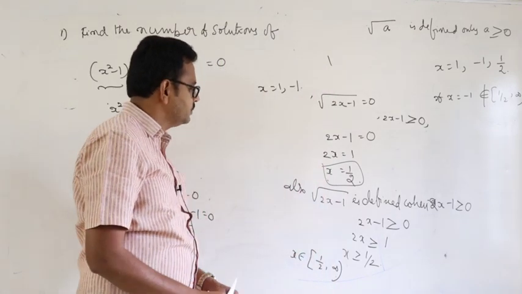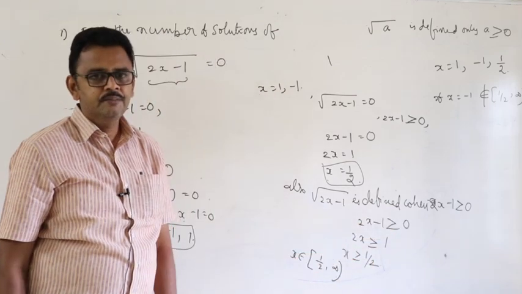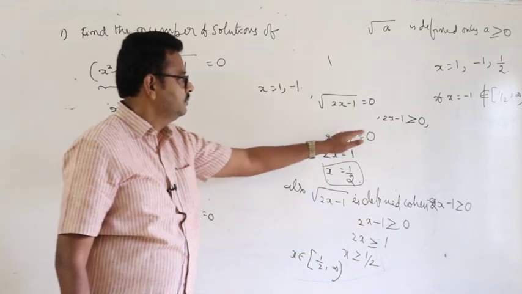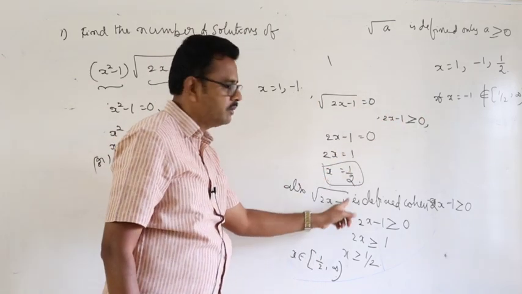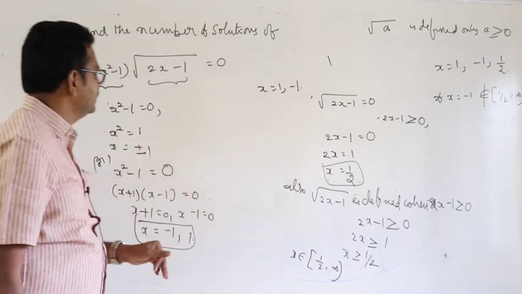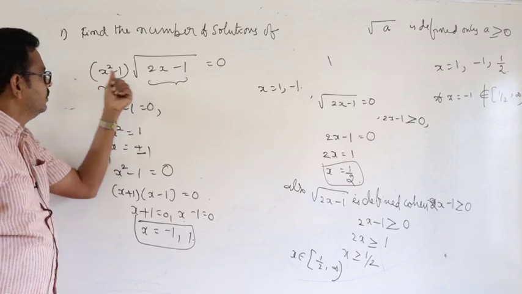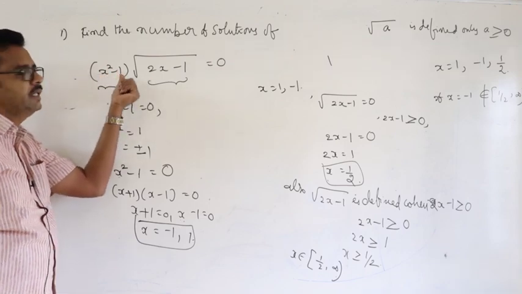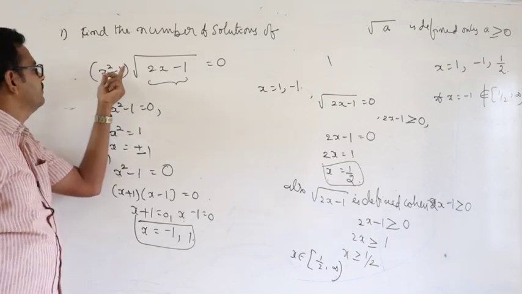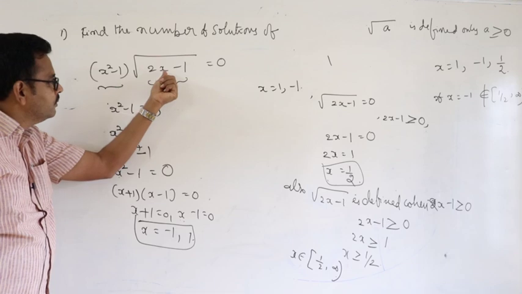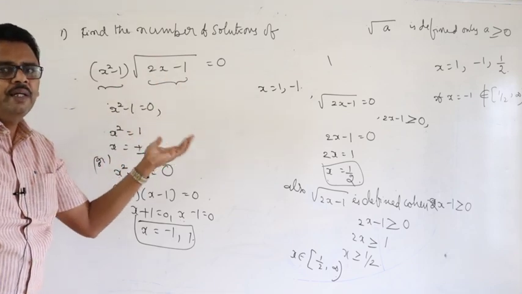Or suppose you are not satisfied with this explanation, simply forget about this one. You write x equal to 1 by 2 and check it. The x square minus 1 doesn't matter, it may be positive or negative because it is different for all values. For x equal to minus 1, the value becomes minus 3. Minus 3 is not defined.